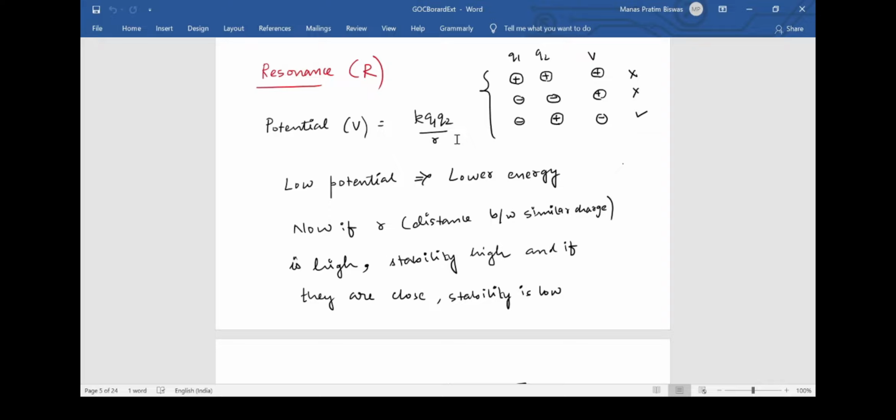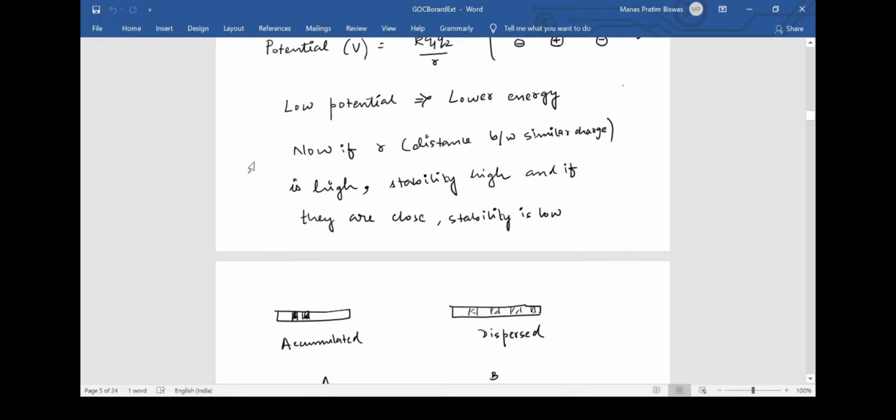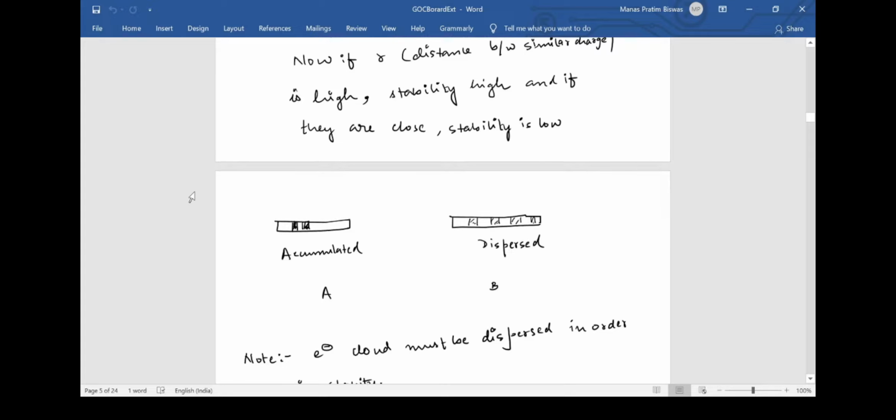And if we decrease the distance between them, the overall value of the potential increases. So we can generalize that in case of similar charges, if they are separated from each other by a far distance, then the system becomes stabilized. And if they are accumulated at a place, then the system becomes destabilized. That is the basic nature in organic chemistry, and you will come across this everywhere.